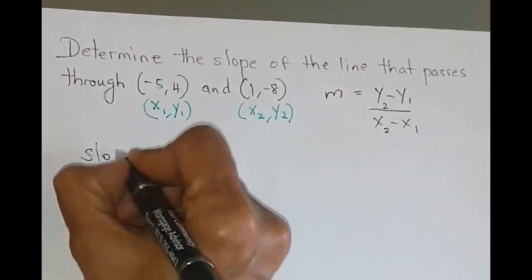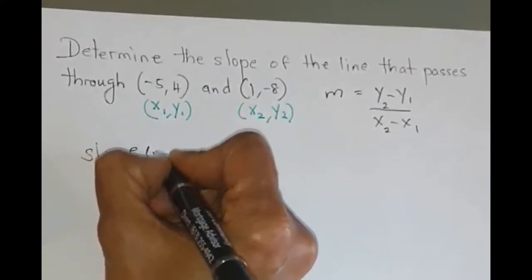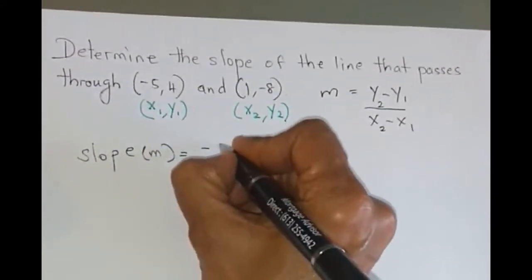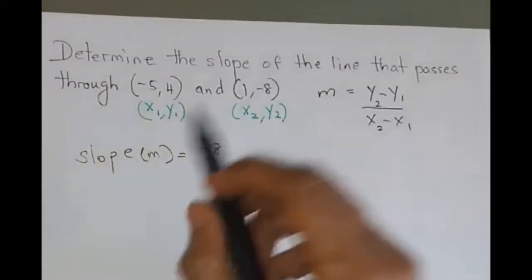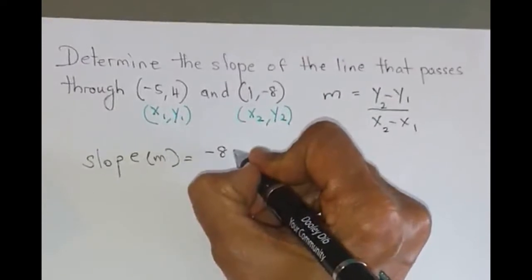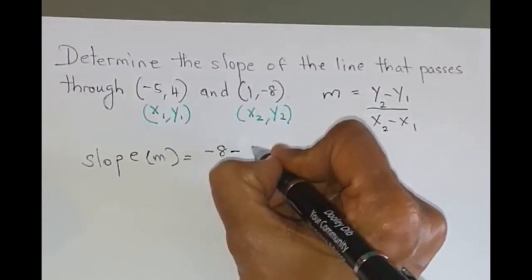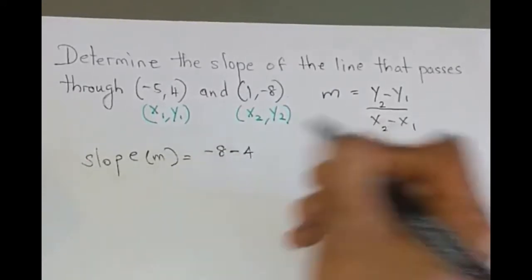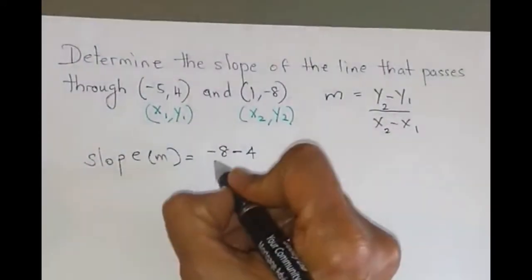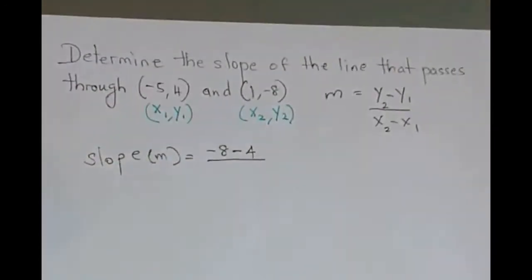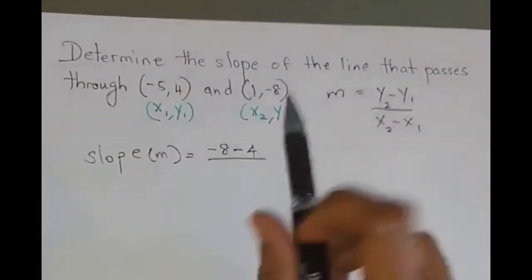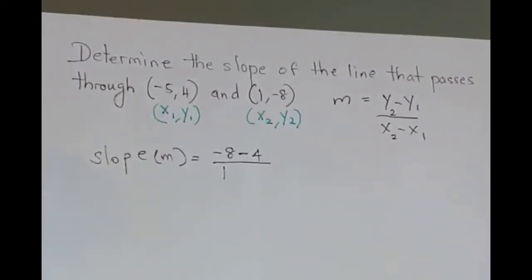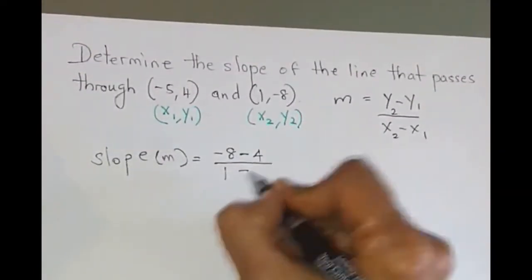So the slope, which is m, equals y2, which is -8, minus y1, which is 4. So I'm going to subtract 4 from -8. So that's -8 minus 4. That's y2 minus y1, we're done. x2 is 1 minus x1, which is